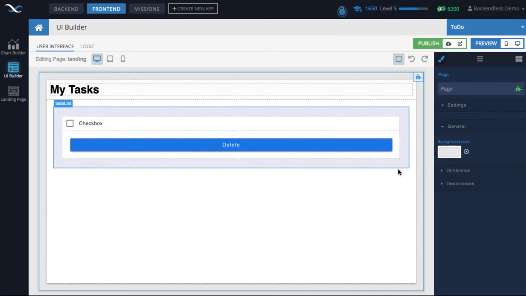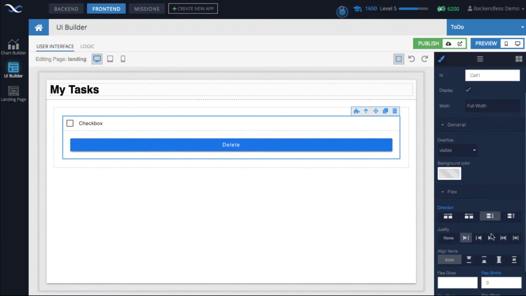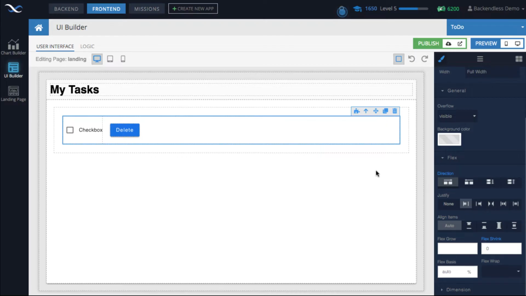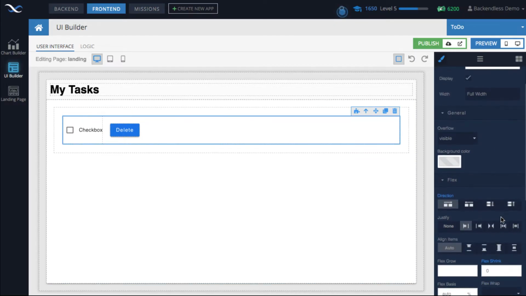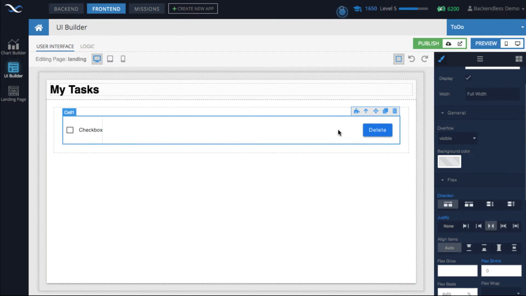Okay, so let's change the layout a little bit. Select the cell, and notice that in the cell we have a bunch of configurations that you can play with to change the layout of the cell. In this case, the layout is top to bottom, and we want to change it from left to right. Okay, so here it is, left to right. Select the cell, and just select the justify, so the components are on the opposite side. That will make it a little bit prettier.